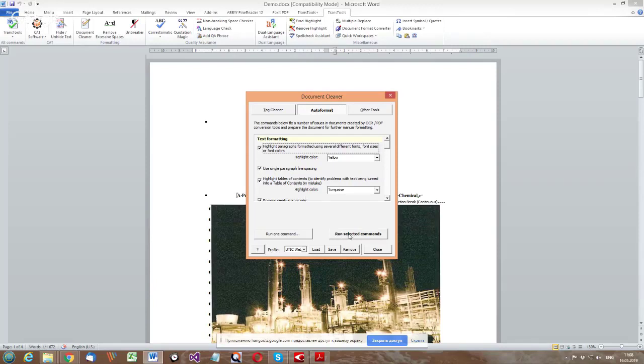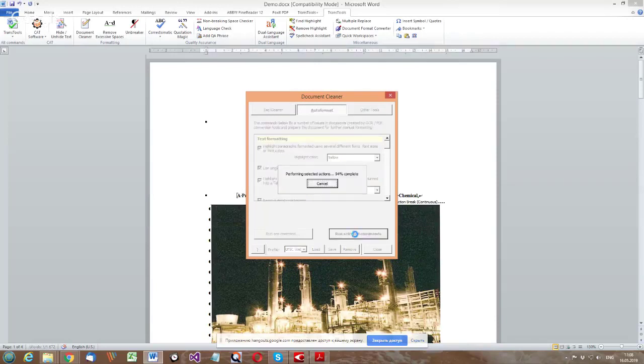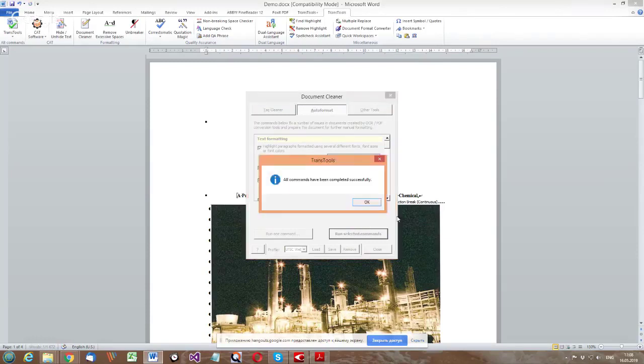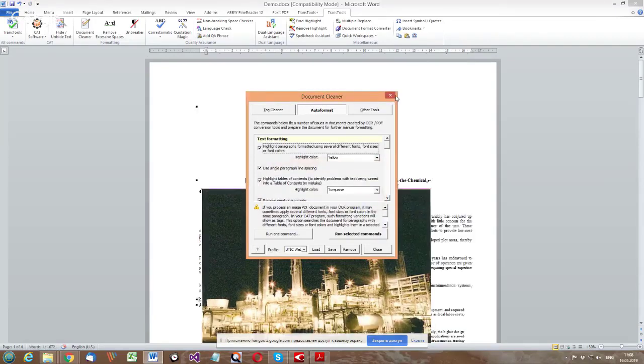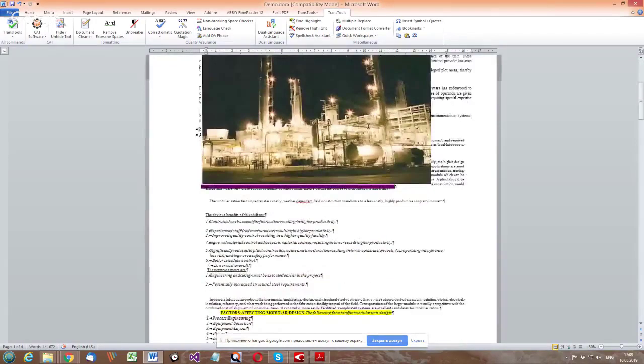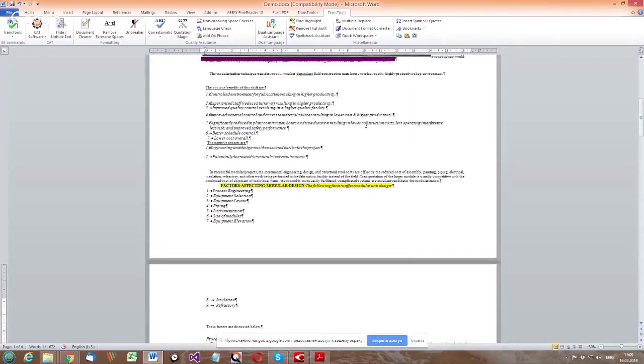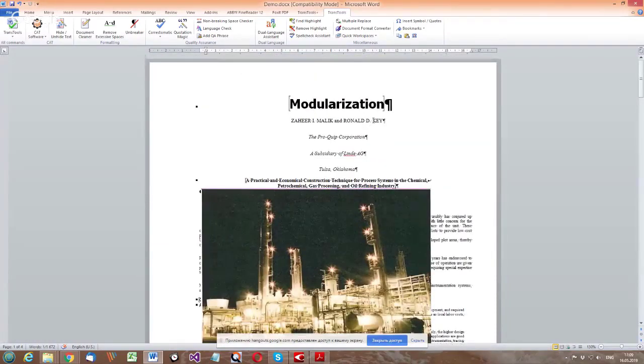Now I will click the button called Run Selected Commands to execute all the actions. Well, let's have a look at this. Actually, it looks worse than it was before, but trust me, we are moving in the right direction.